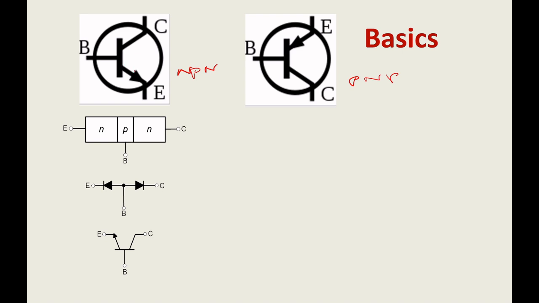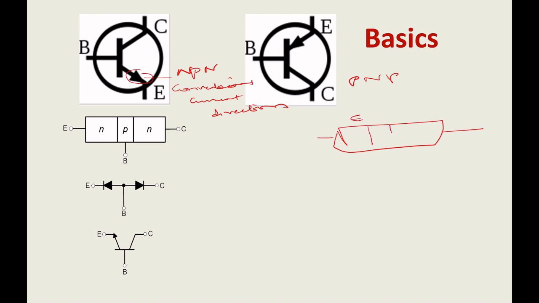I'm not going more in depth. Already you have studied this in the previous semester. What I want to insist is this arrow is the conventional current direction. Conventional current direction. So here I need to say one thing. This is your emitter, this is your base and collector. So for NPN you have